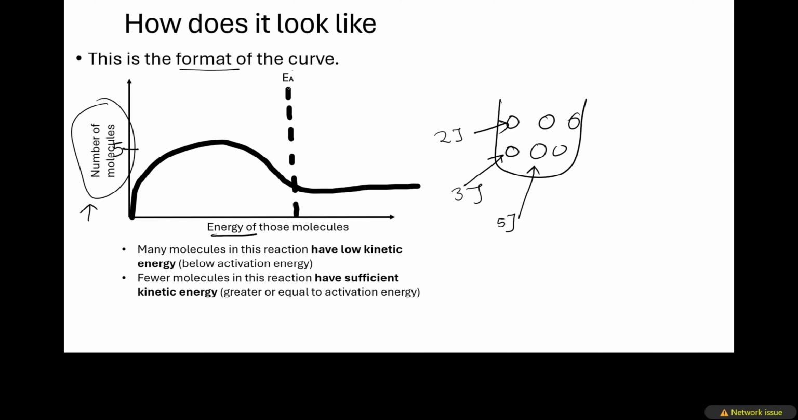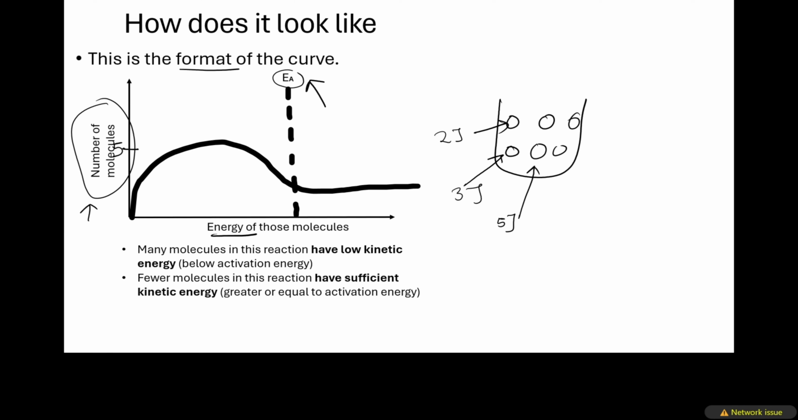And then the last label is the activation energy for the reaction. So the activation energy is the minimum energy that these molecules are required to have, so that the reaction can successfully take place, or so that the collision can be effective, right? So this is the activation energy. So it means that when the particles reach this activation energy, they will be able to react